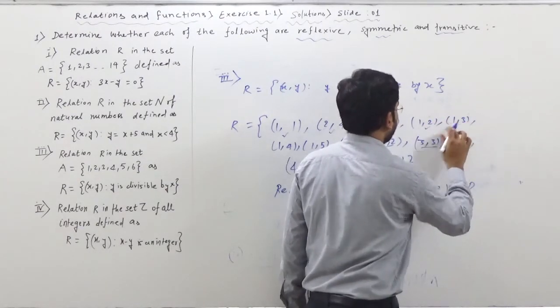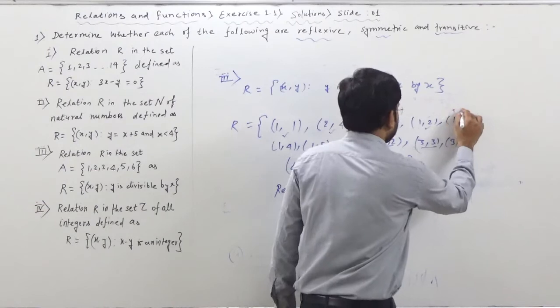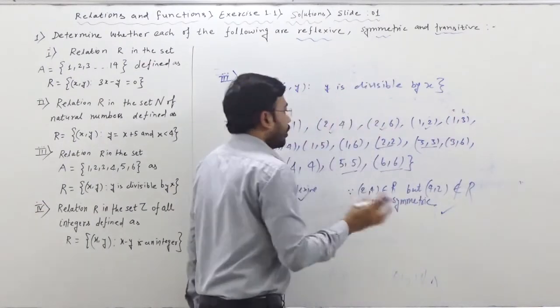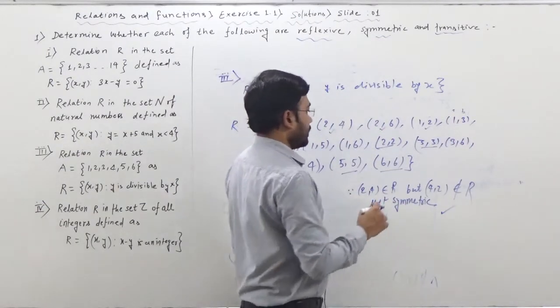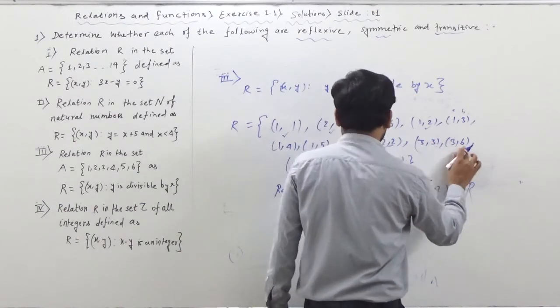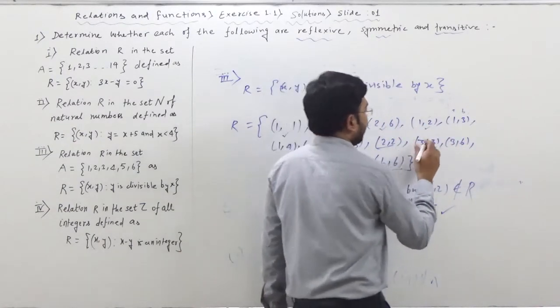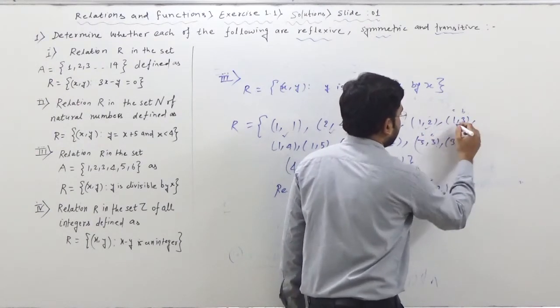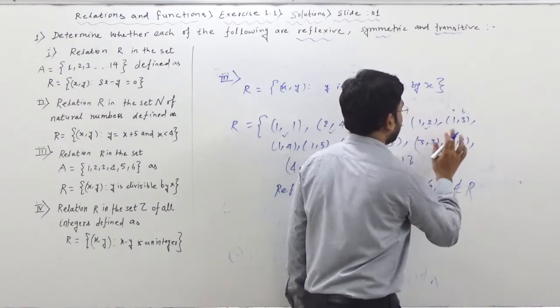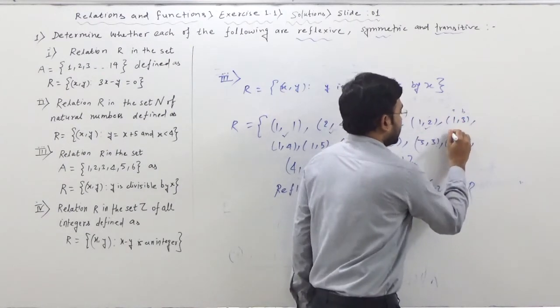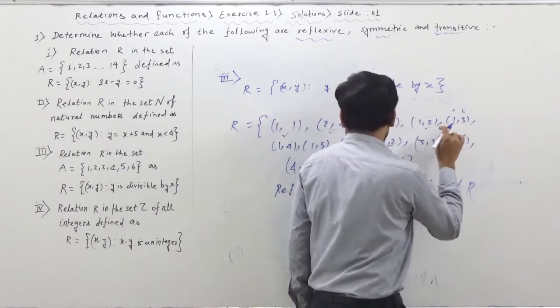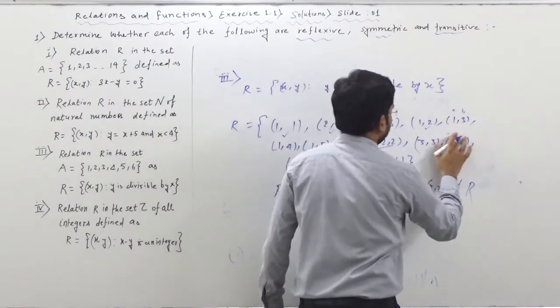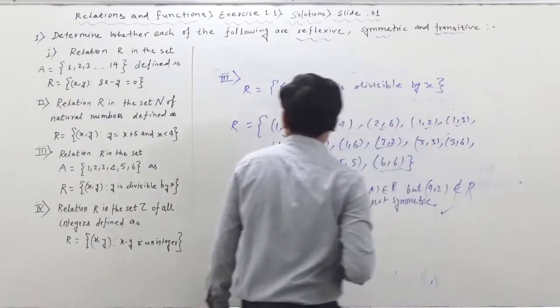Now we'll check for this 1 comma 3. This is like A comma B. Now B comma C. Where is B comma C? This can be or this can be the possible one. So we'll check one by one. So this is like B comma C. So A comma C needs to be 1 comma 3. 1 comma 3 already there. Alright, this is also passed. Now this is B comma C. So 1 comma 6 is available over here. Yes, it is available. Means all okay for this element also.